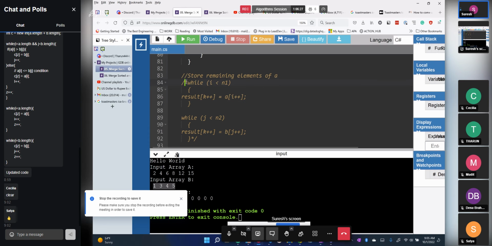So these two while loops are helping you to copy the remaining elements from wherever available. If there are some elements available in A, they will be copied. If the elements are available in B, they will be copied. Okay,